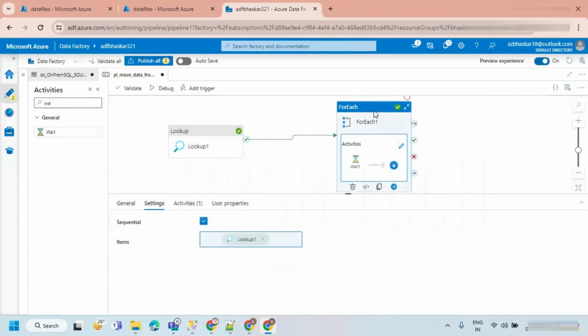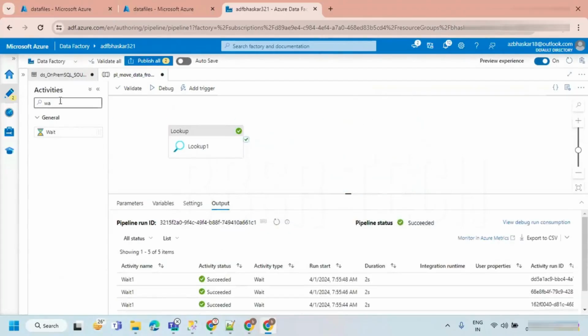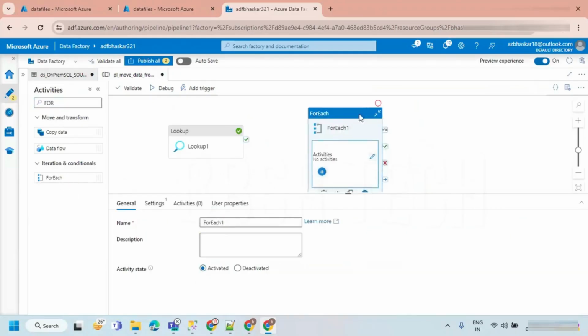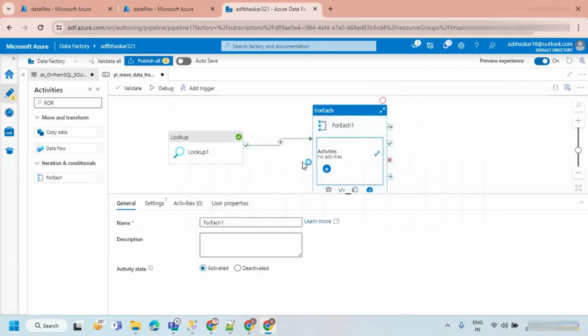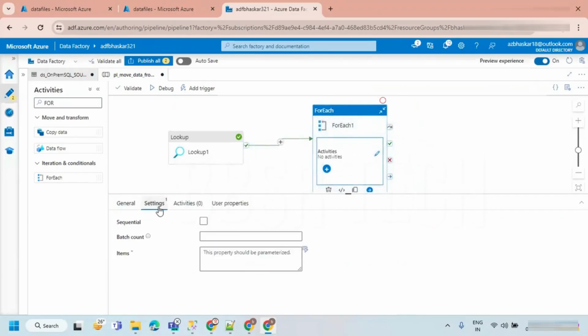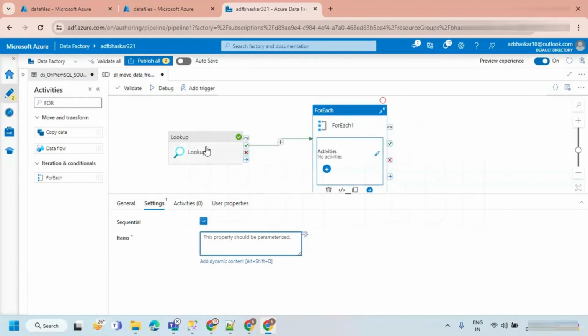Let me take out this again. I'm just going to take a for each activity. Just observe: the output of the lookup activity, we need to give it to the for each activity. Let's select the settings. I want to execute sequentially. The output of your lookup activity has multiple items.